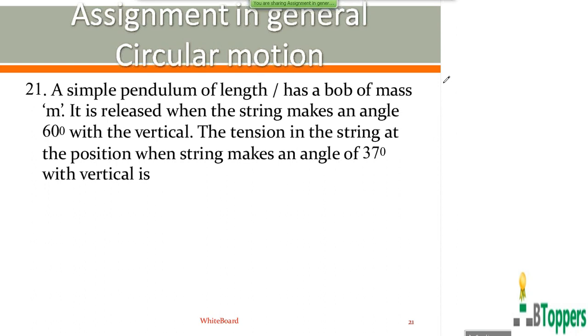Because as I explained in question number 17, at the instant when the string makes an angle theta with the downward vertical, the magnitude of centripetal force on the bob is T minus mg cos theta. This problem is also based on motion in a vertical circle, so you can write mass into magnitude of acceleration towards center of circular path, mv square by r. So to find the tension T, you have to find the value of V at the instant theta is 37 degrees, for which we apply conservation of mechanical energy.